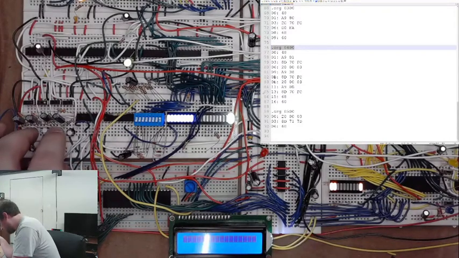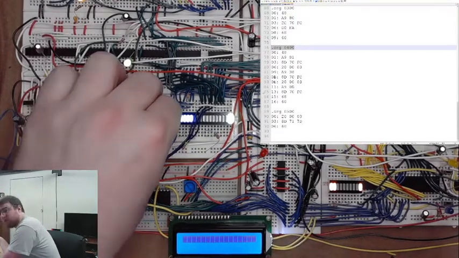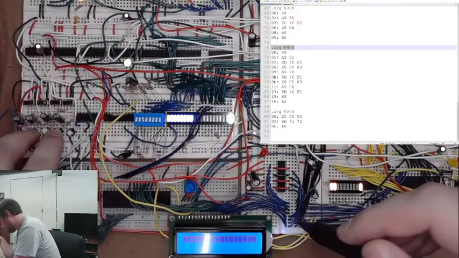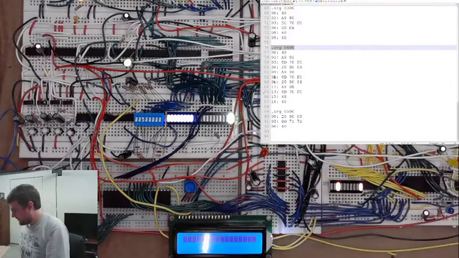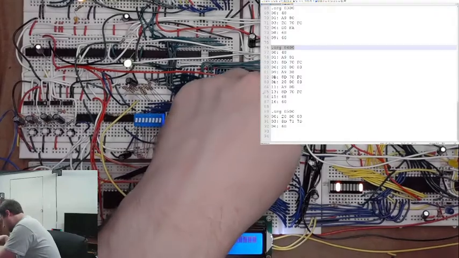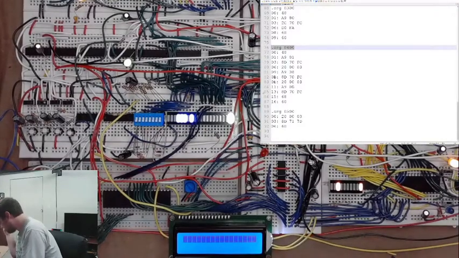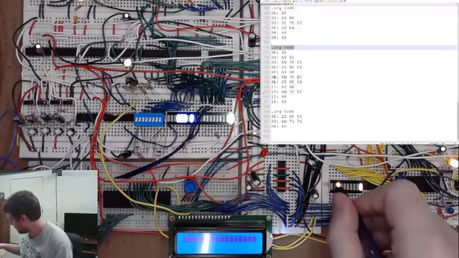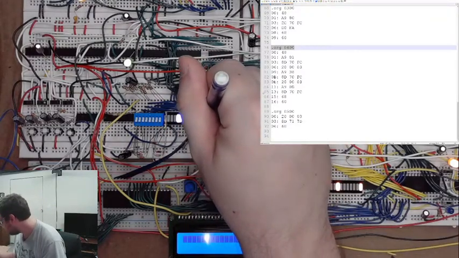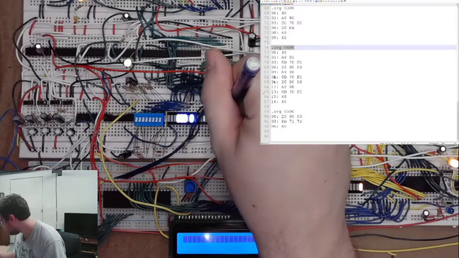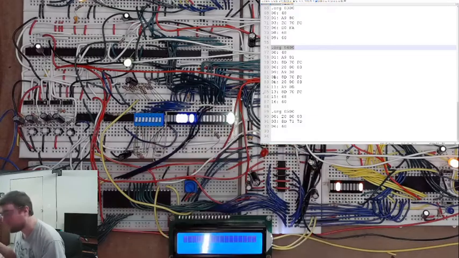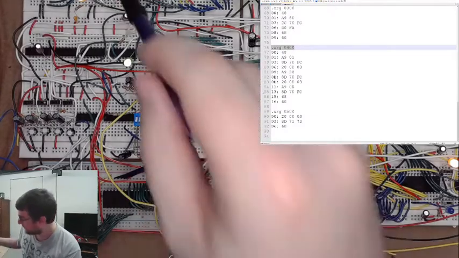So, are we good to write to it? This is wrong. This is right. Okay. So now that we've done that, we disable this. We enable this. And now we're at 0400. Oh, the other thing, if we ever get this on a printed circuit board, is I can get